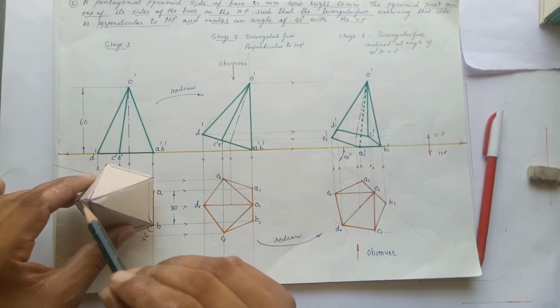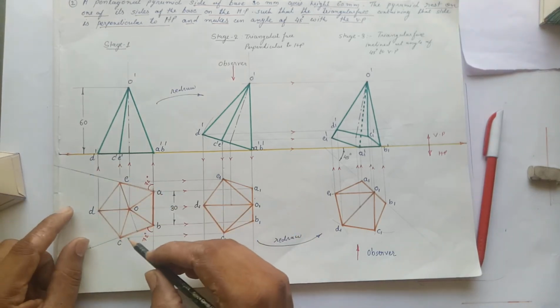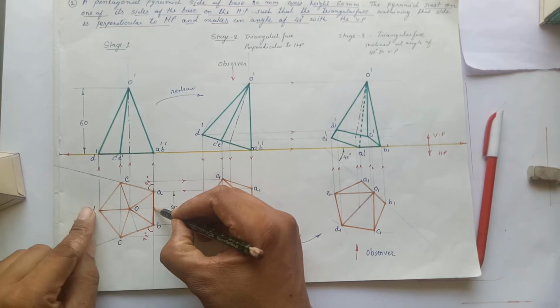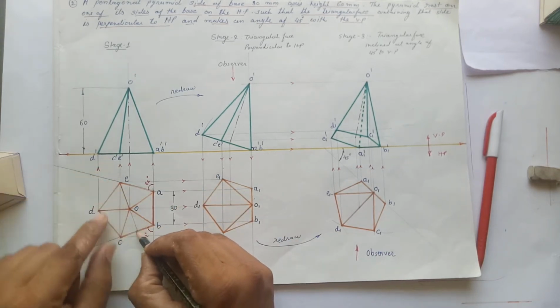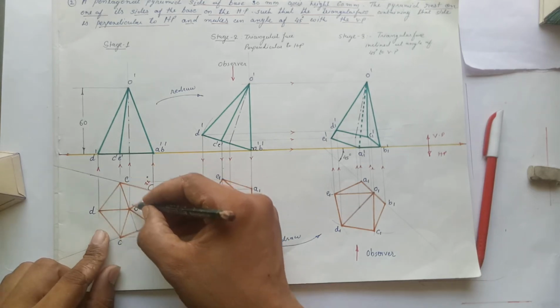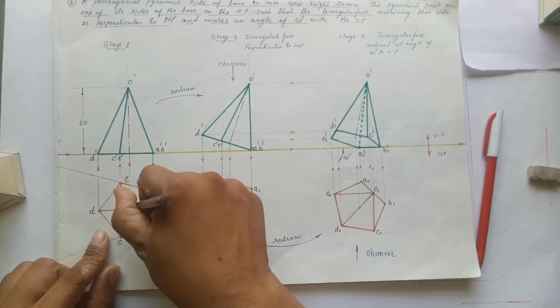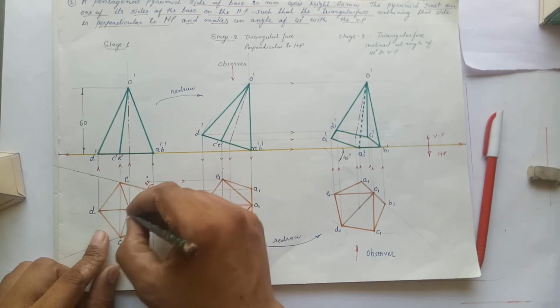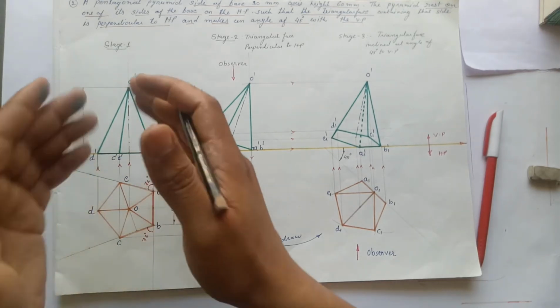After drawing the plan, mark the apex point, and we all know that to mark the apex point, we have to find the center of the pentagon. For that we find the midpoint of side AB and join the opposite corner, then find the midpoint of another side and join the opposite corner. The intersection point of these two lines will give us the plan of the apex point. After finding the apex point, join it to the base corners, and it will give us the plan of the slant edges.